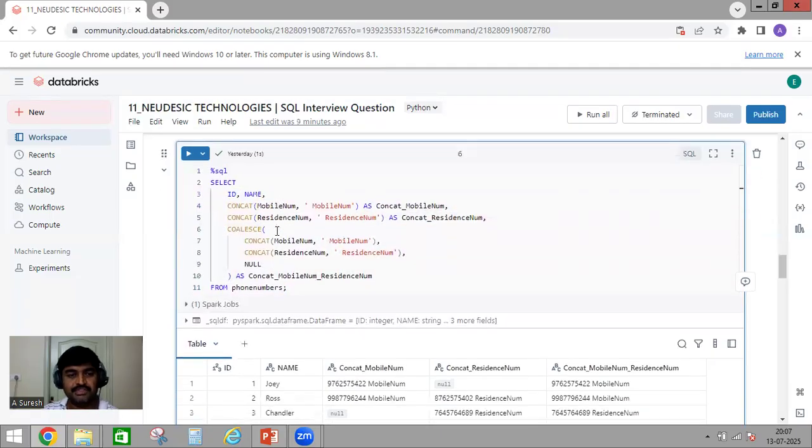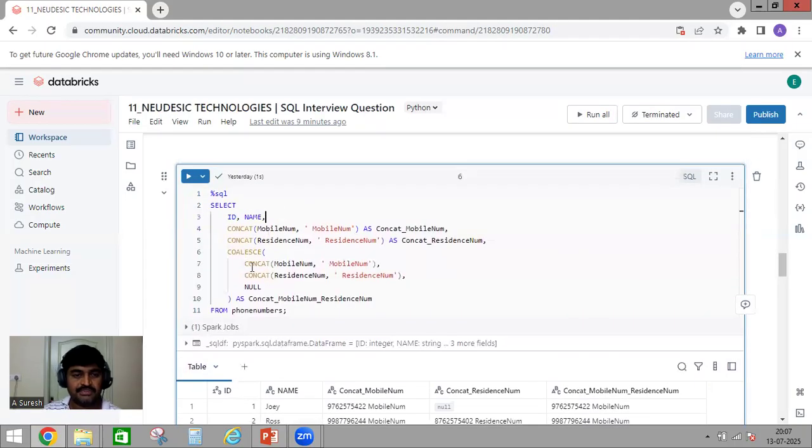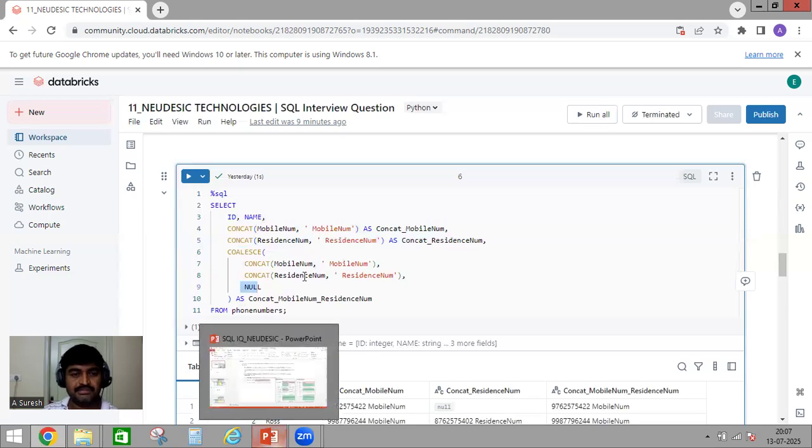Here, first I'm doing a concat of the mobile number and this string. So this is the column and this is the string. And for this column, this is the column number and this is the string and null. So based on our 4 conditions, I wrote